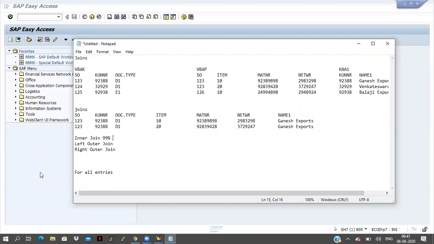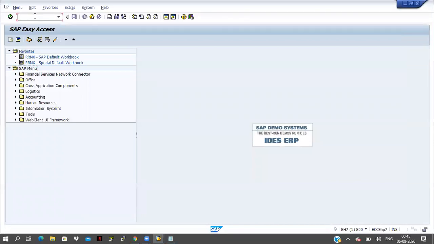Now I will go to the program level. How to do that?